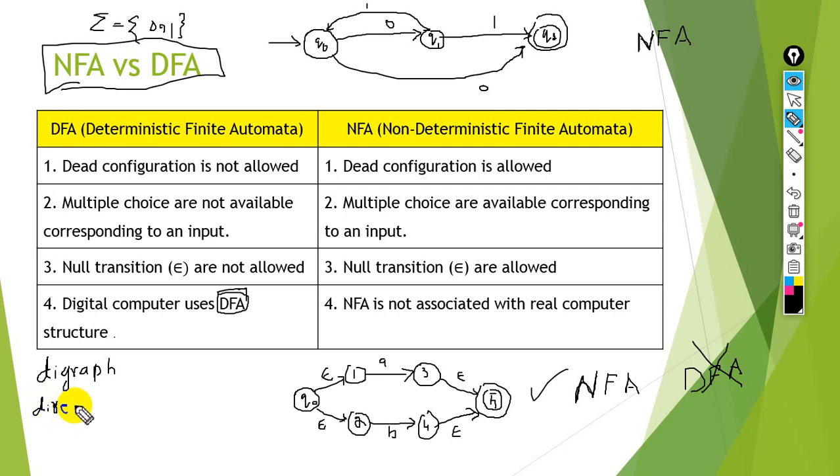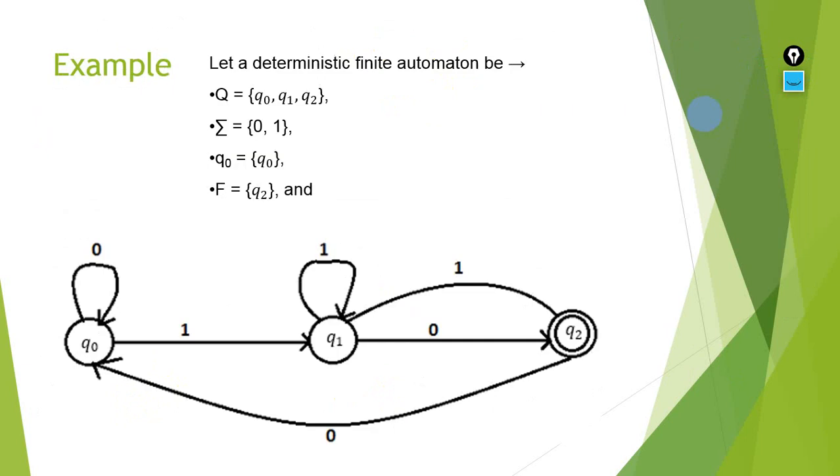We can say FA, DFA or NFA, so these are directed graphs. So what is meant by a directed graph? A directed graph is a graph in which the direction matters, in which the direction is important. Right here this is a directed graph, this is also a directed graph, and the previous example we had, the DFA diagram, is also a directed graph. When we have an undirected